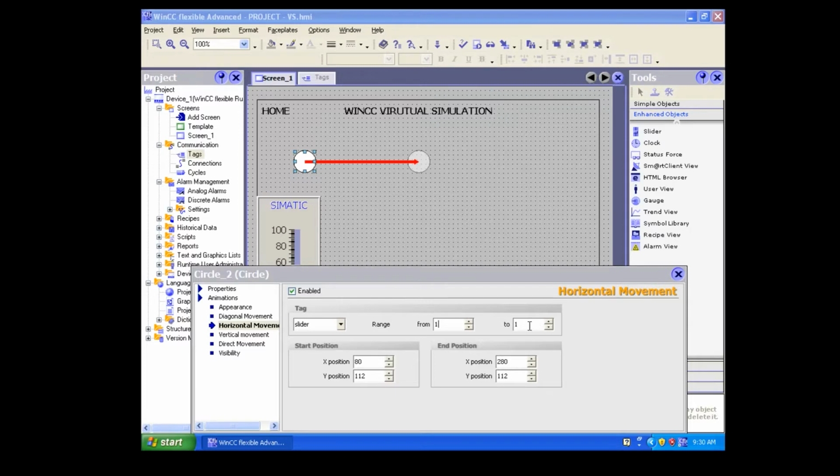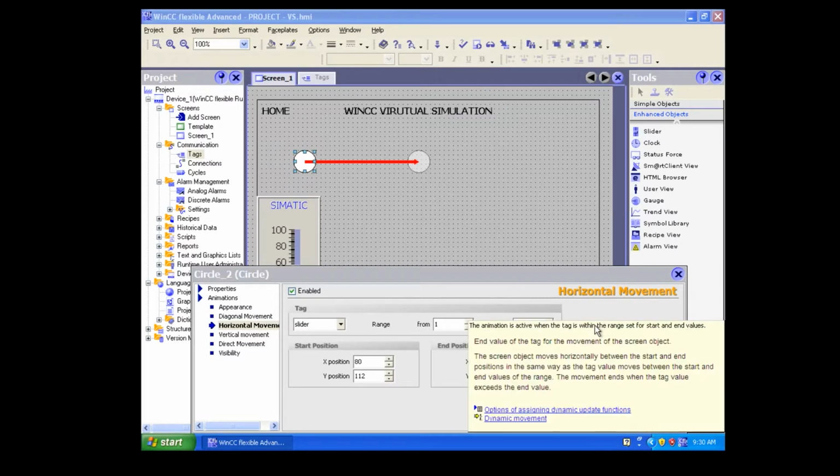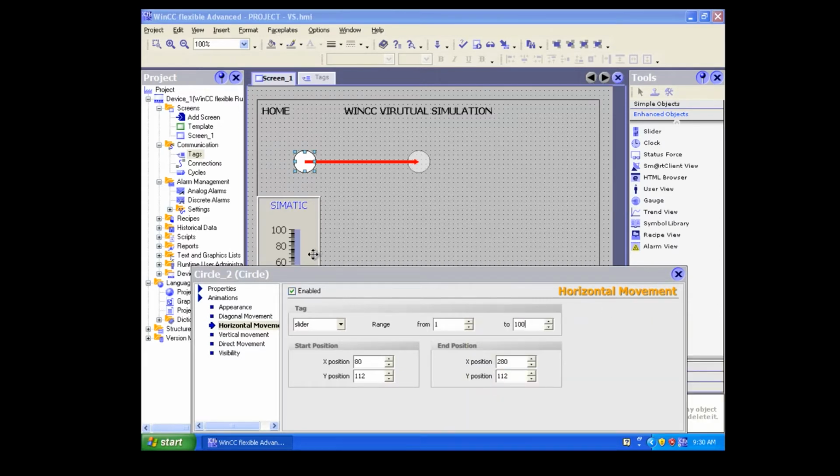I'll just reduce the size. Yeah, it is there. The conveyor was out of the screen, so it was not visible.